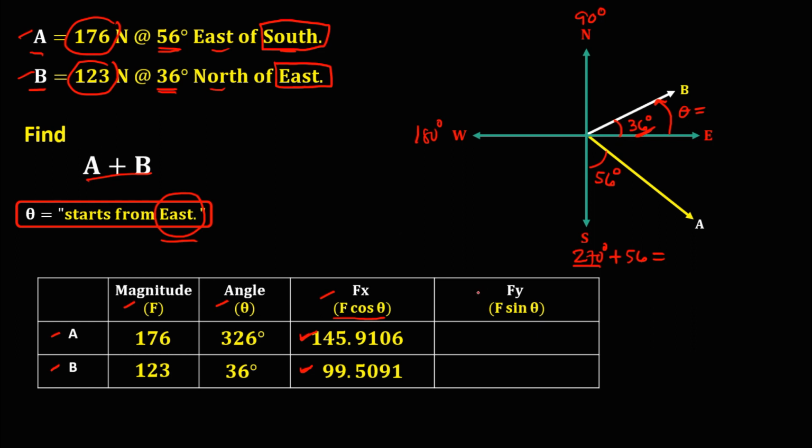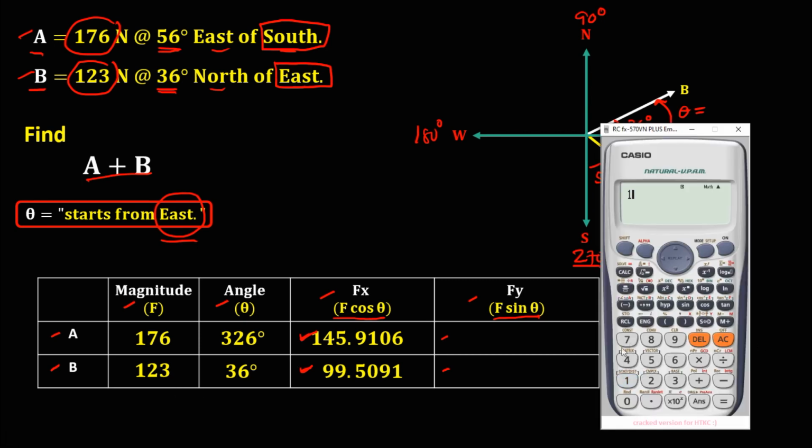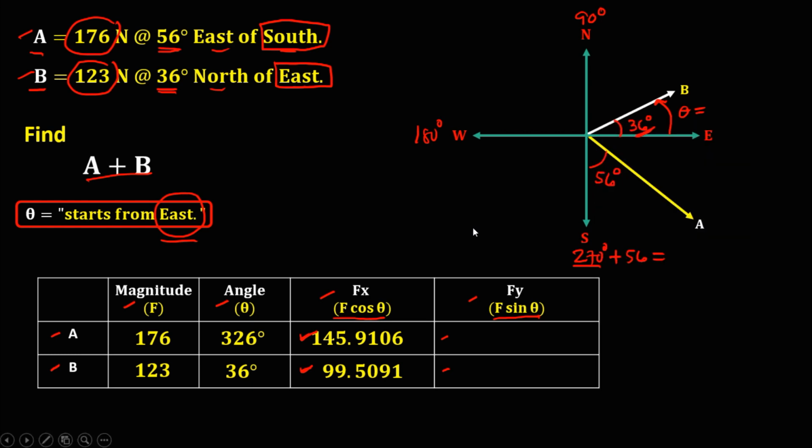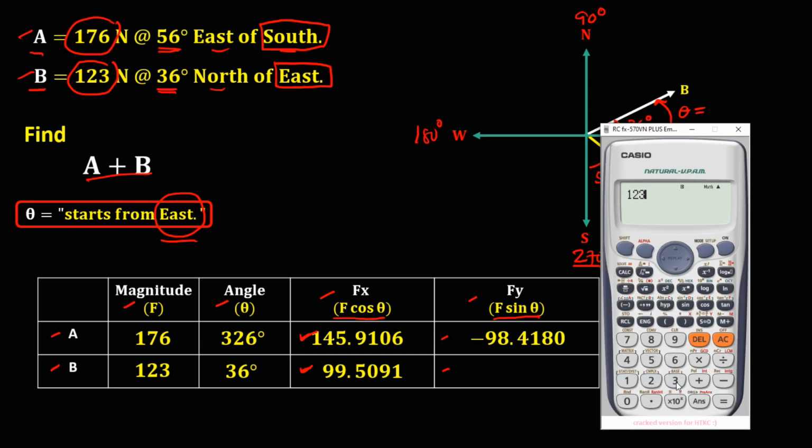99.5091. Then to find the y components for vectors A and B, for vector A, using this formula, the magnitude times sine theta, we have 176 times sine 326 equals negative 98.4180. Then for vector B, the y component, that's 123 times sine 36 equals